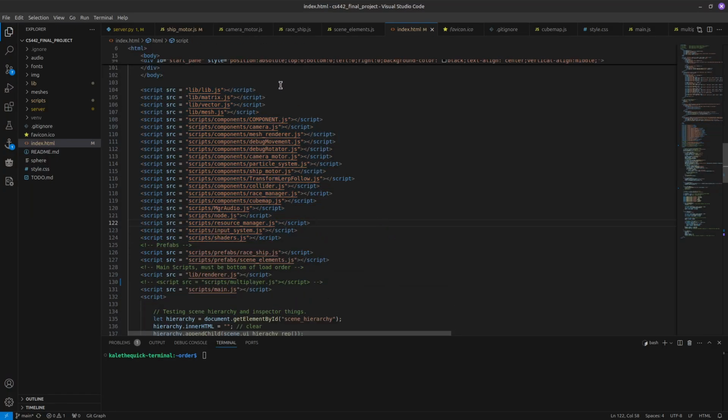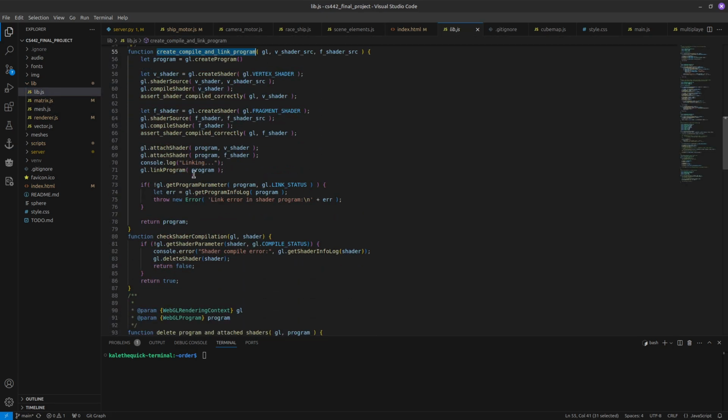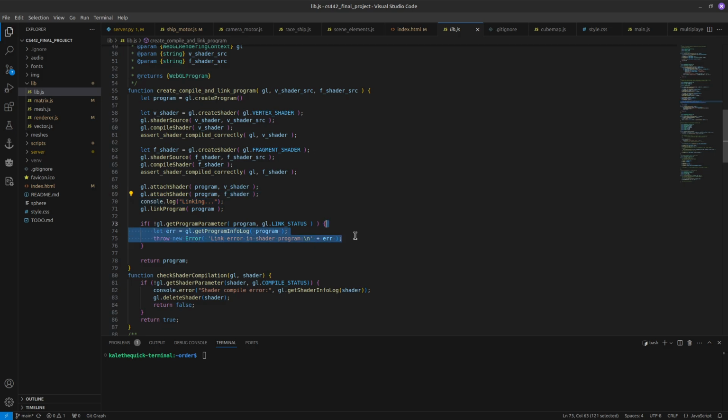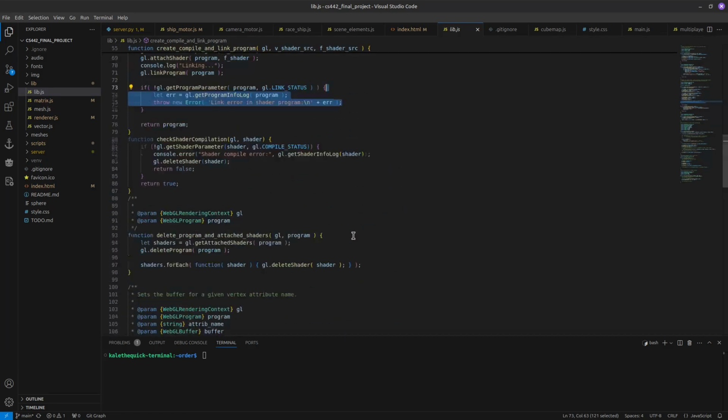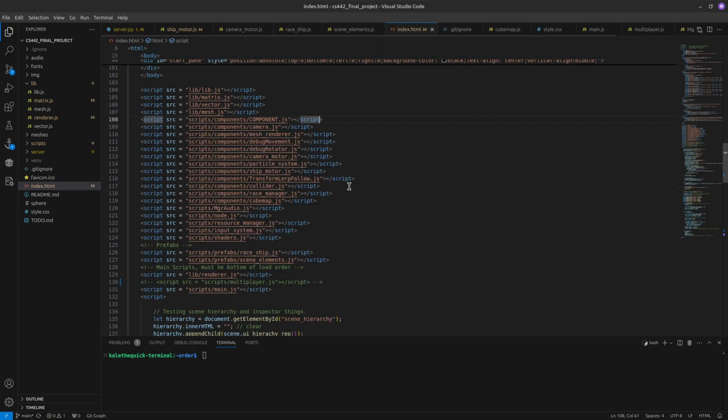Now, in all of this, it is just this one right here that was a library that was given to us by the professor, by the course. That's just a small library of some helper functions, though we did have some issues with them, and I had to rewrite parts of it as well, because the errors being output were not super helpful. So close that, come back over here,